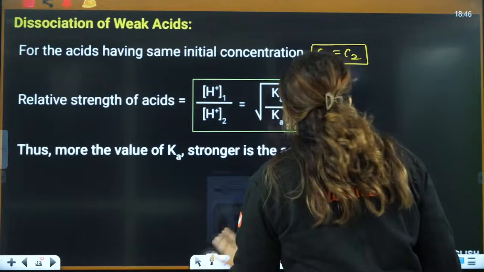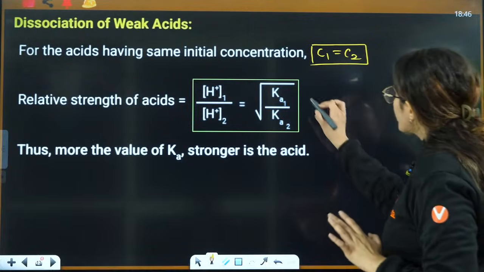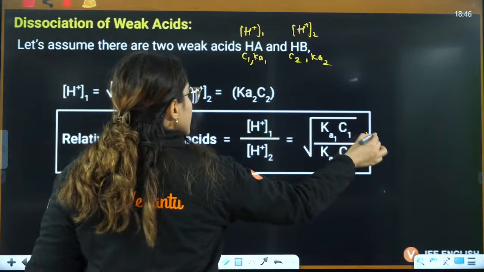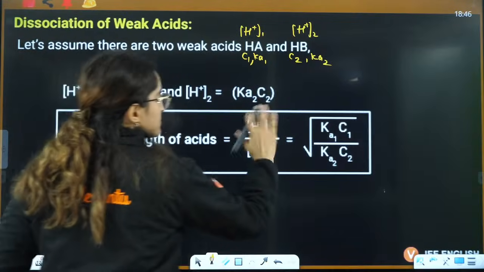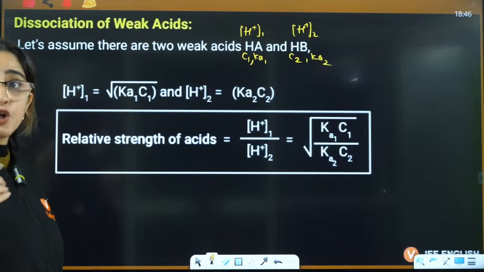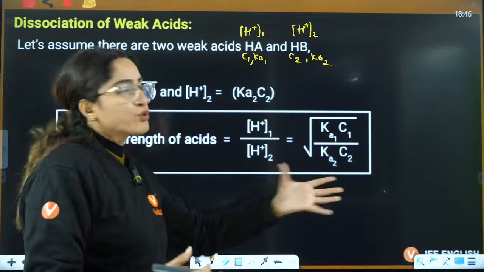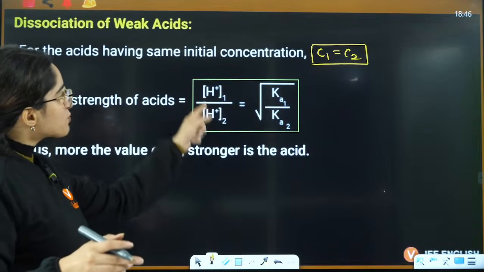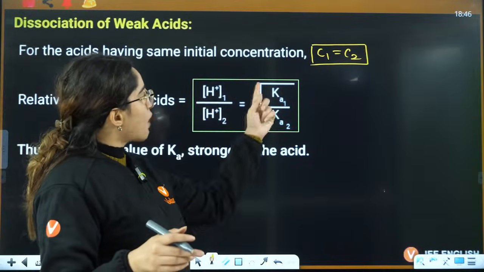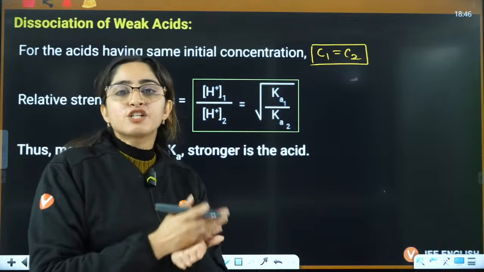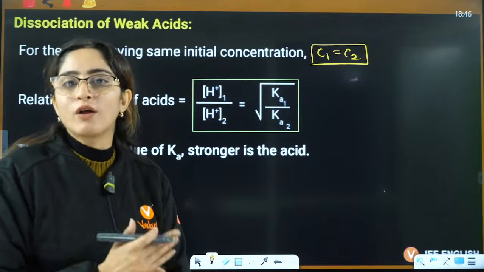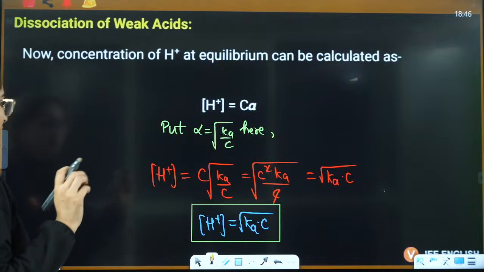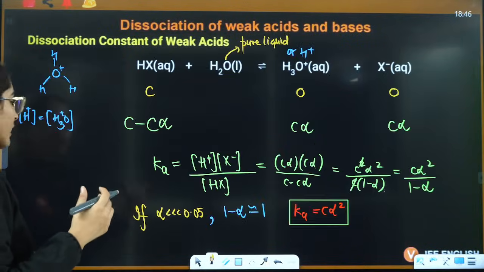You don't have to remember this. It is just that if they ask you the ratio, then you're going to do this, right? If initial concentrations are same, then the H positive concentration ratio is equal to under root of the ratio of their dissociation constants, right? But here what you need to remember is, because these derivations you can't do again and again,